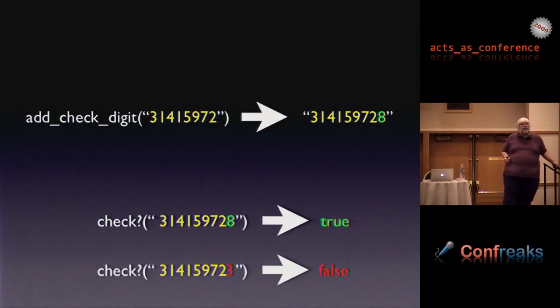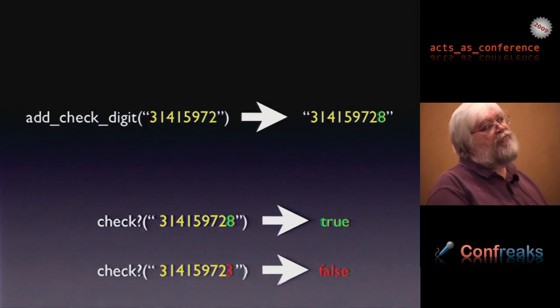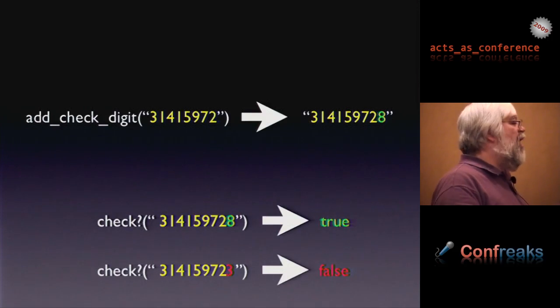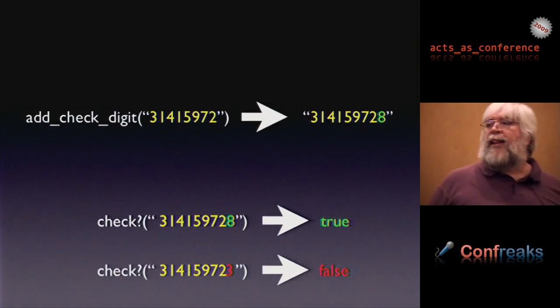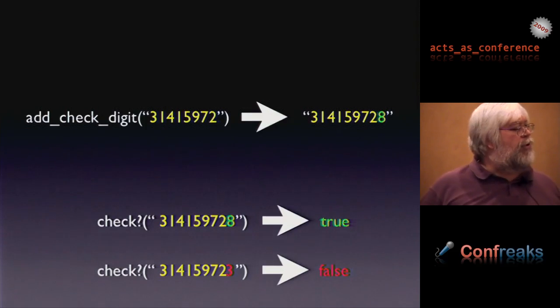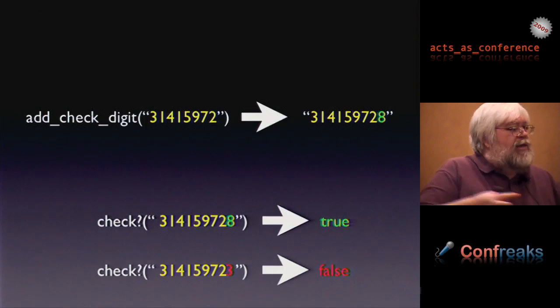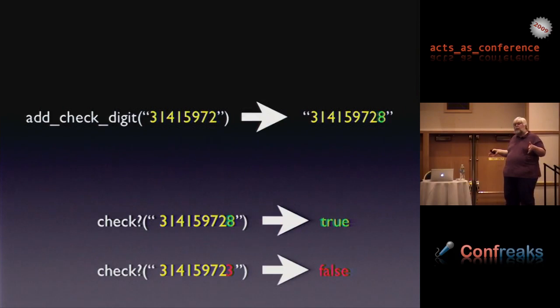Suppose we're working in an application and we want to create checksums on a string of digits. Suppose we're generating some user numbers or something and we want to add a check digit to it so it's not easily corrupted. And this is a real simple checksum right here. In this case, if we have a string like this, we add an 8 to it. And the algorithm is: take all the digits, add them up, take it mod 10, and then add a check digit that'll bring the entire checksum and the entire string to 0. It's a very simple checksum type thing.